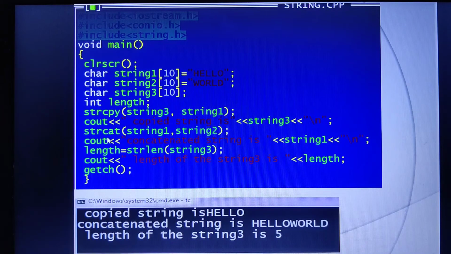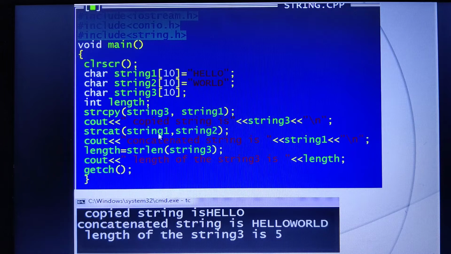The next one is string concatenate. This is string 1, which has the contents hello. String 2 has the contents world. When I perform this concatenation, whatever the contents are in string 2 will be attached to the end of string 1.